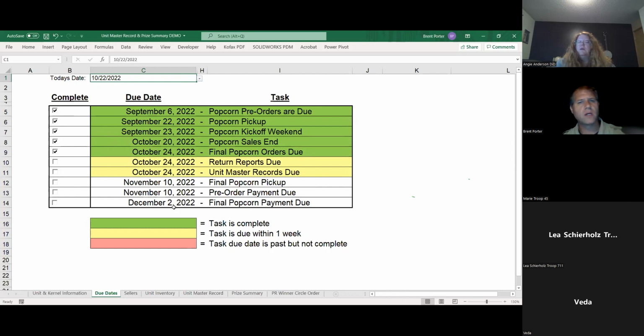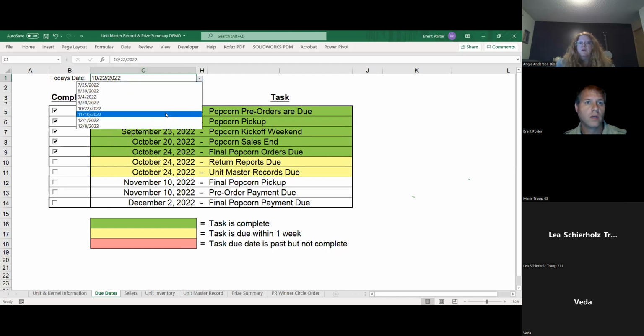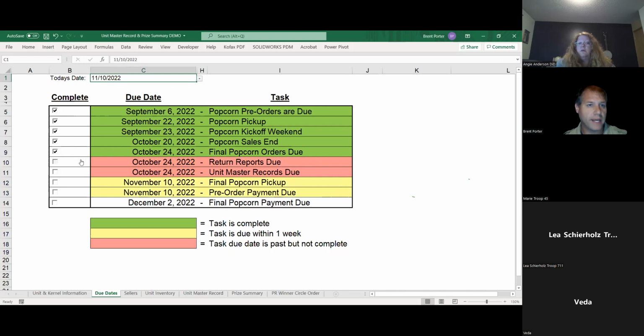I think that pretty much sums up everything here. This date will automatically, like I said, change with how the dates go. It'll automatically populate with today's date. It'll show up red if it's past due. You can still mark it off as complete. It'll show yellow if it's within a week. It'll show green if it's complete. Hopefully this will allow everybody just to have a one-stop shop where they can go to see what is due, what needs to be done, when it needs to be done, and am I getting close to that date?